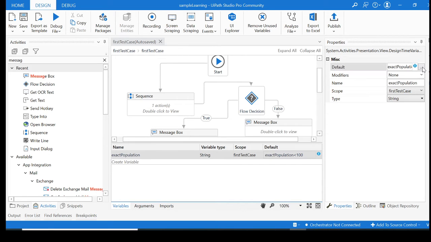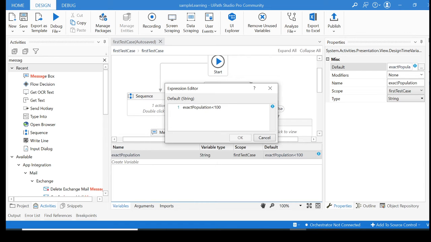Let's see. Okay, so exact population, what kind of value is it trying to bring, right? Because the data type we have assigned to it is a string type, but the value is gonna be a double, because 70.9 lakhs, 84.4, or 50.8. Because this is Microsoft based UiPath, the language you have been provided with is VB scripting.